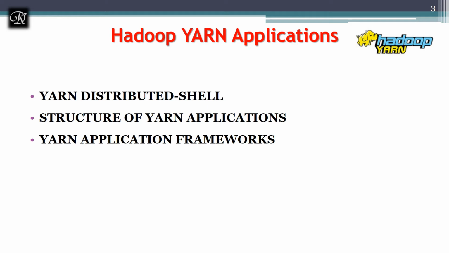So what is the need? As I said, before 2012, Hadoop had only two things, HDFS and MapReduce. MapReduce was to take care of all the resource management and the programming aspects by using the scripting languages and all. But later, after 2012, the new Yarn made a very big difference, and it started supporting multiple applications also. I will tell those applications in the structure of Yarn application.